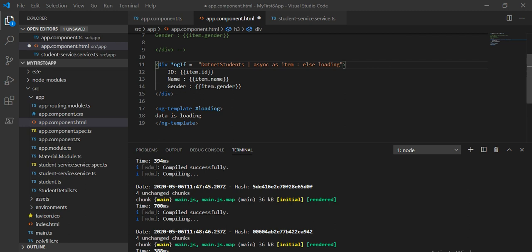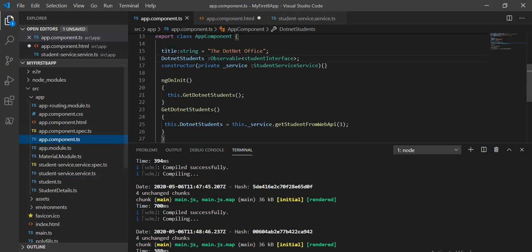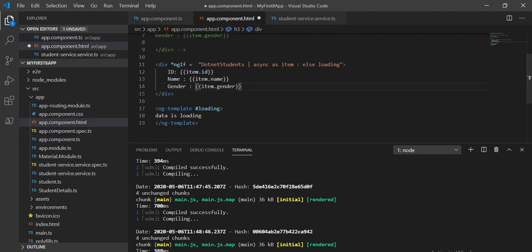So basically what we did to create this ngIf with async: first we changed the service, which was taking an array, so we changed it to take one response only based on this ID. Then we made the changes in the app.component.ts, so it takes one data and we changed from array to single. Next we changed the HTML file, where we are using ngIf, taking one pipe called async and as item, and then else loading ng-template.